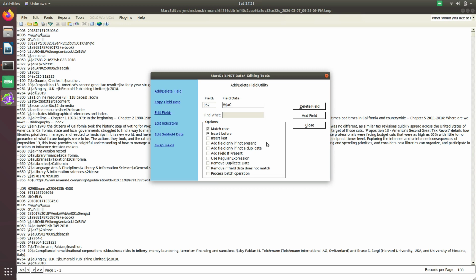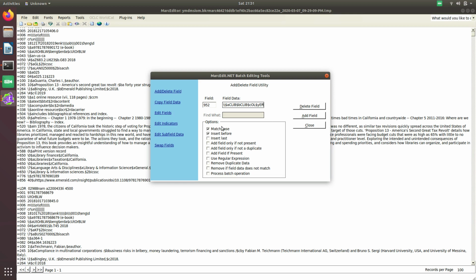In my case the library code is CLIB. Similarly for $B, current branch, that is also CLIB. $C is location. For location I created ER, that is e-resources, no, OL, that is online, and then $Y. Y is item type, that is ER.